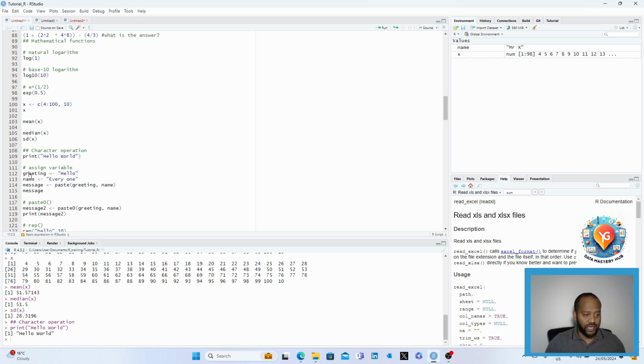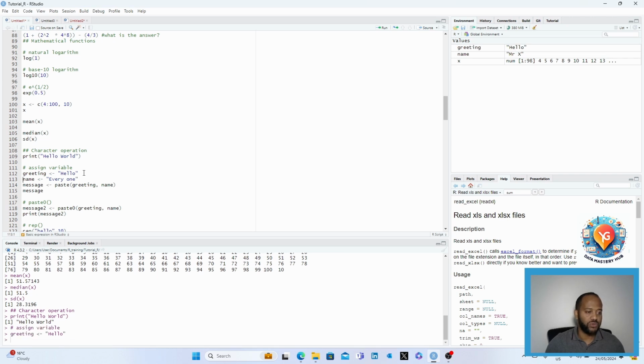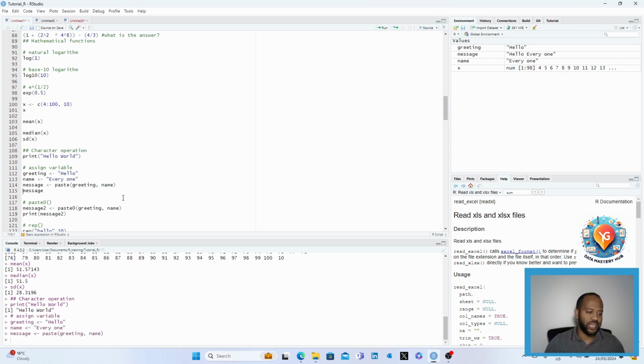But if I assign it as a variable, this is a text value. I'm telling R to give the variable greetings the value hello. This is how you assign a variable, a single variable with a single value. So if I execute this, the printout I will get is